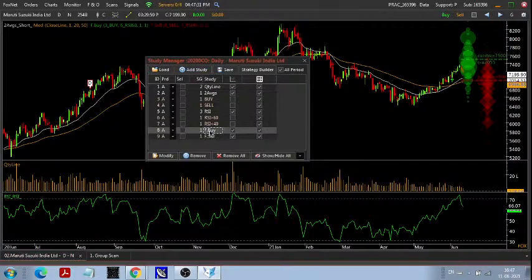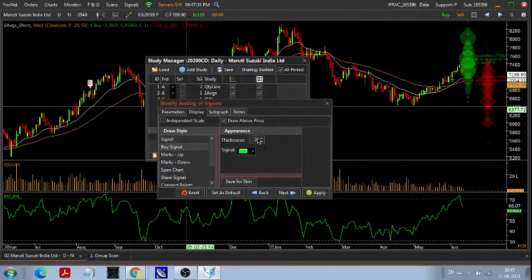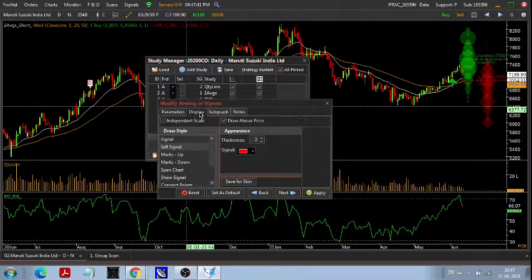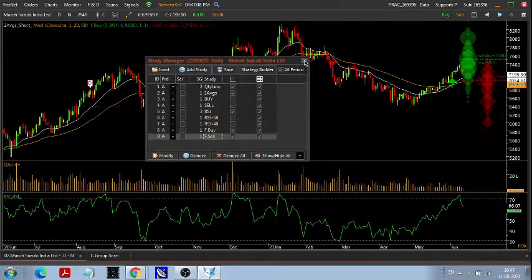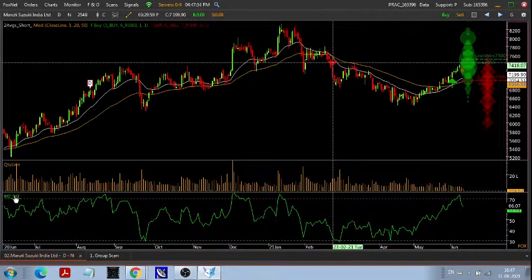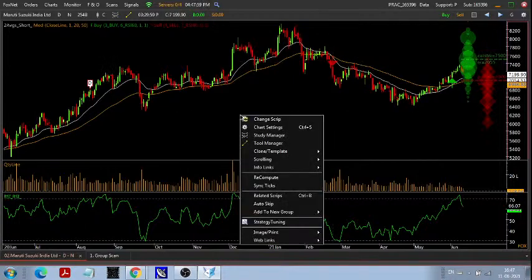Now I will save this again. I can give any name while I am saving it, like moving average strategy with RSI. So this type of signal you can make. I am increasing the thickness to show on the graph when buy or sell is coming. Here you can see the sell signal, and there you can see the buy signal. Okay, I'm going to save the study.